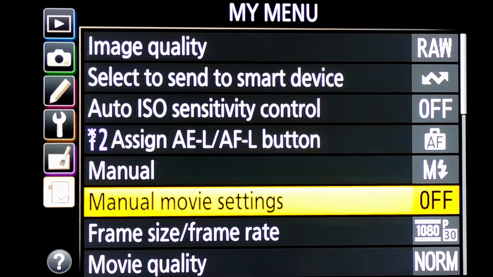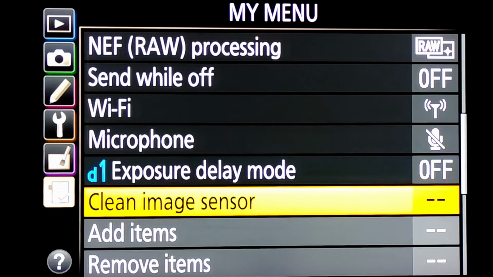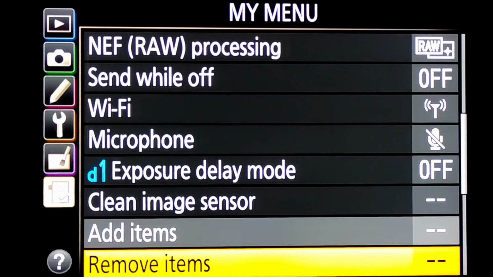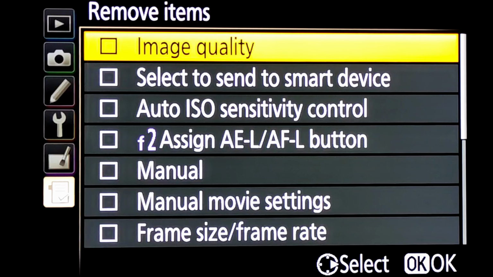Not only this, let us say I want to remove this item, I don't want it. So from My Menu I'll just select remove item. Then down at the bottom it shows I have to click the right arrow to select. Let us say I have added image quality, but I change my mind at a later stage and I select this one I want to remove and just click OK.